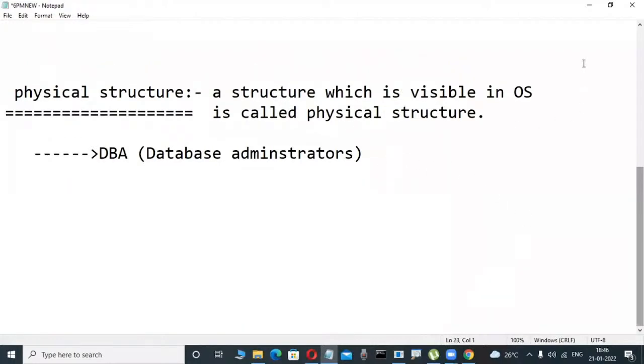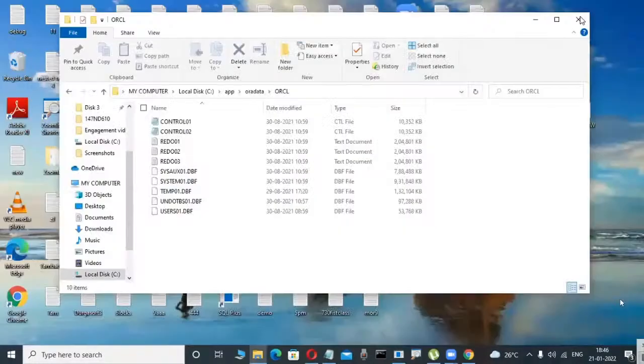Now check it out. Observe it here. Suppose